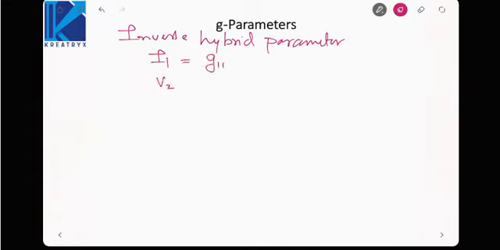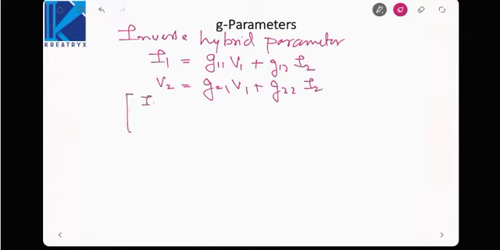I1 will be G11 V1 plus G12 I2, and V2 will be G21 V1 plus G22 I2. That means [I1, V2] will be equal to the matrix [G11 G12; G21 G22]